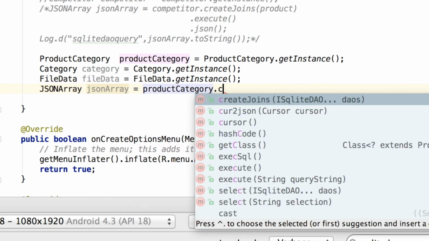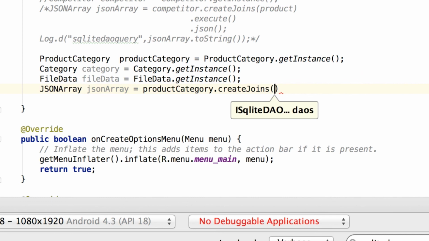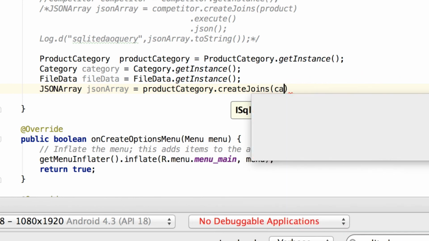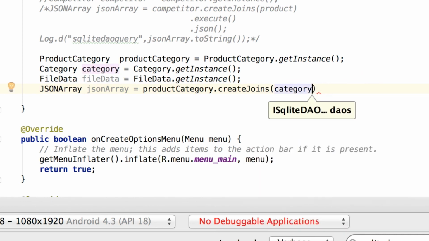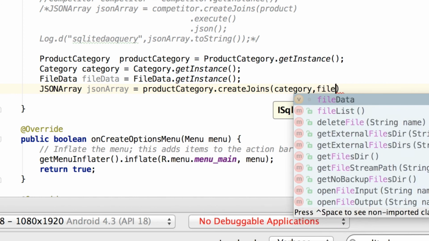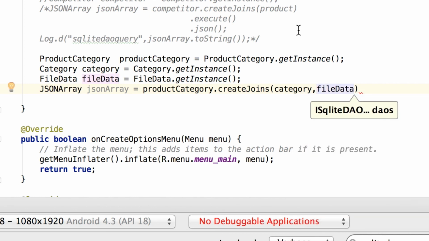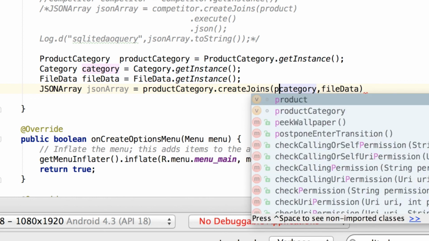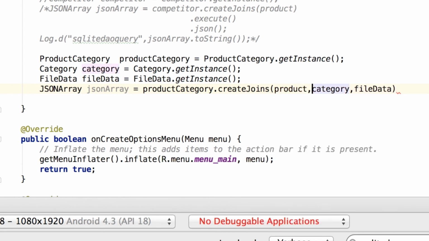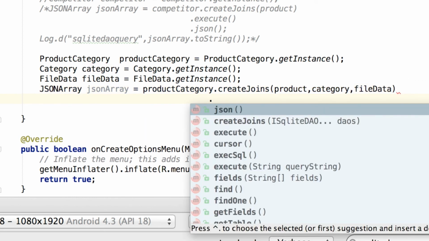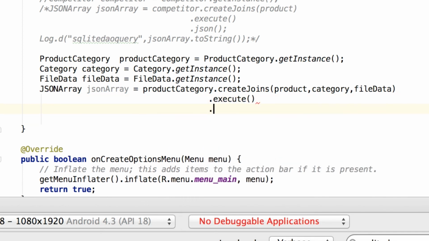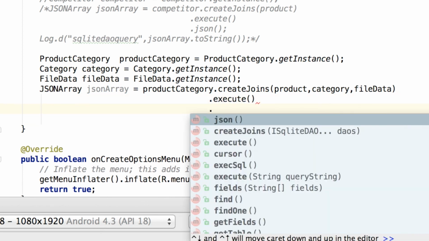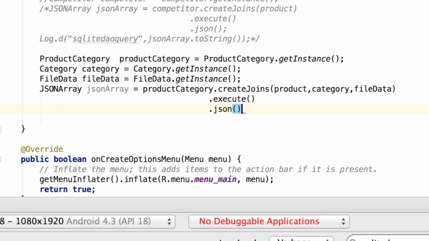It is similar to what we did previously, only difference is that here we will send the reference to multiple DAOs, as here we have multiple tables that are involved in the join. So as usual we will be returning a JSON array, so that will be dot execute JSON.